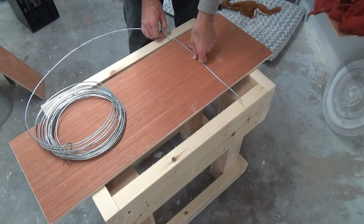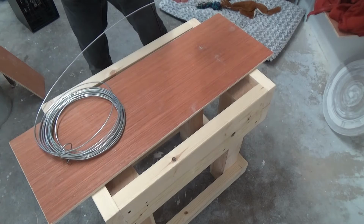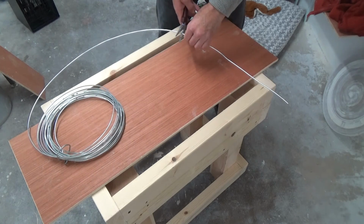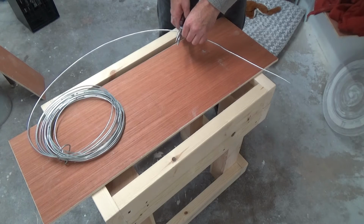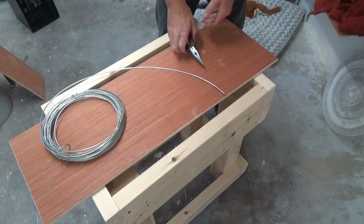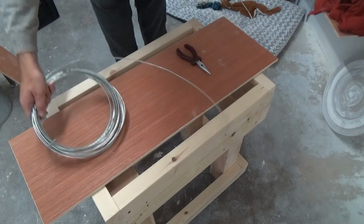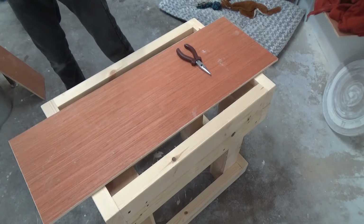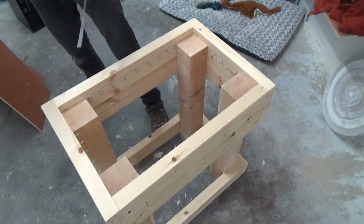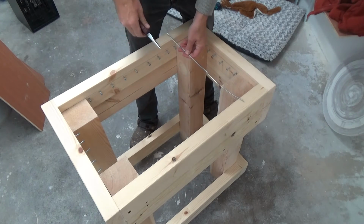So I'm going to do one and see if it's the right length. So I'm going to cut it about there. I've only got these to do the cutting, which is, they're not very strong, and neither am I, so let's see how we go. There we go. So I'm just going to get this one done and see if it's the right size, and if it is, I'll know how big to